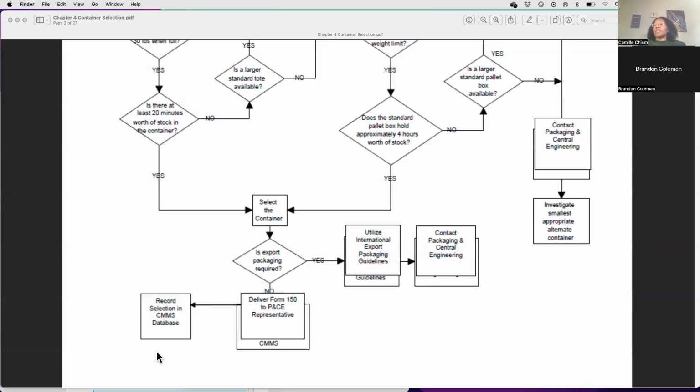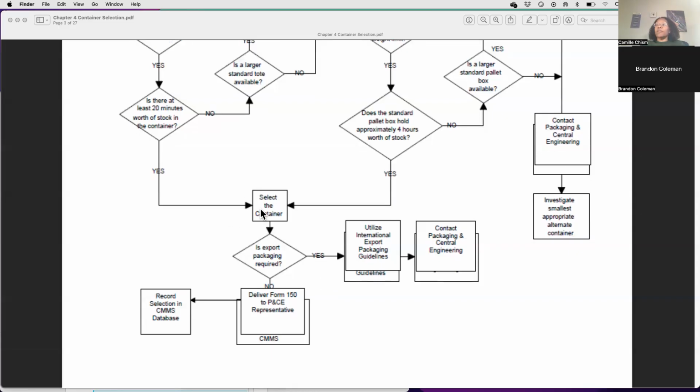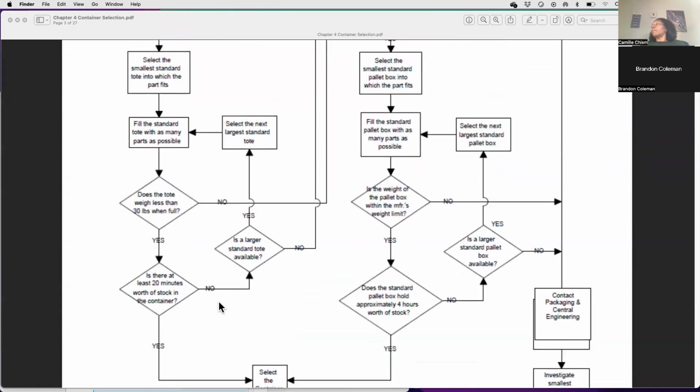And then this particular one, they have some sort of container management database system. So some companies have systems, some companies just put everything on a spreadsheet. It just depends. So not only are they telling them to select the container, but once they've selected it, they're telling them where to go to either get it approved or record the decision. Okay, going back up here,